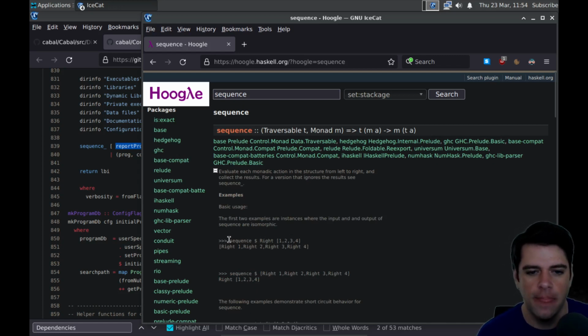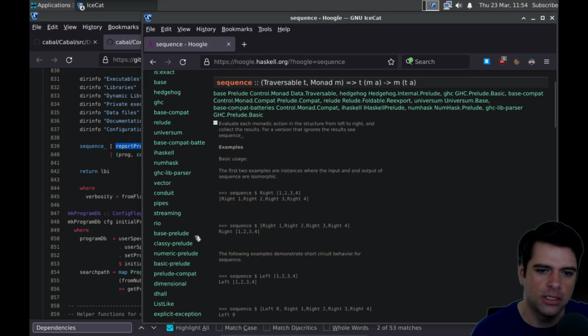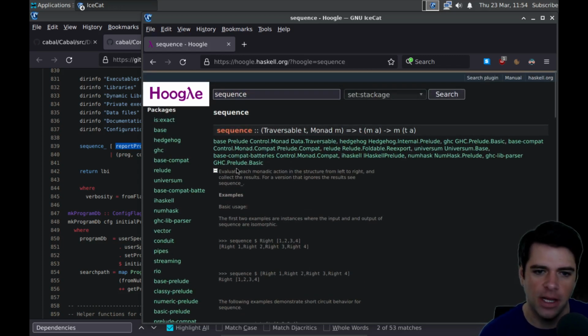All right, so calling sequence and this $ sign basically means apply this to this whole thing, kind of grouped. Imagine the right-hand side is grouped by parentheses. We're going to call it on write 1, 2, 3, 4. And that's going to call write on everything in the list. Okay. So it's like map. It's map-like, but maybe in a monadic context.